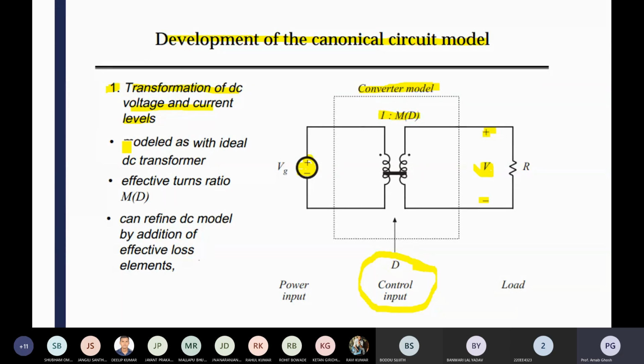Then you can go for the model as the ideal DC transformer. That portion I have told you now. Like your previous cases with the AC transformer model, you can go for the DC transformer model, or you can follow chapter 3 in the Erickson book. Actually, I follow that Erickson book, Fundamentals of Power Electronics. You can go through it and understand the basics. The subject is simple, but you have to realize the problem. If you are able to realize the mathematical modeling and how to design the control, you can solve all the numerical problems from this chapter.